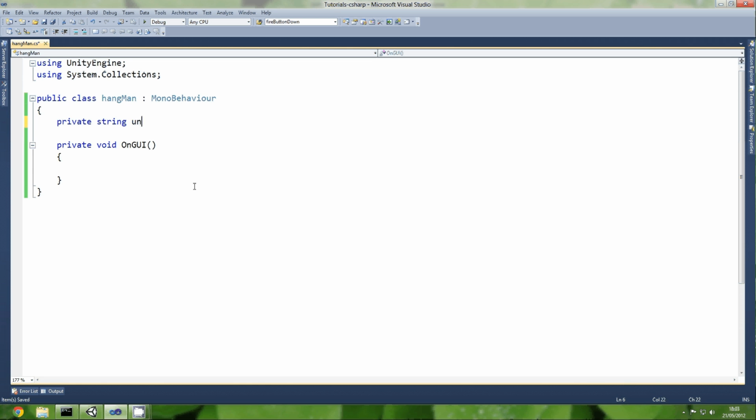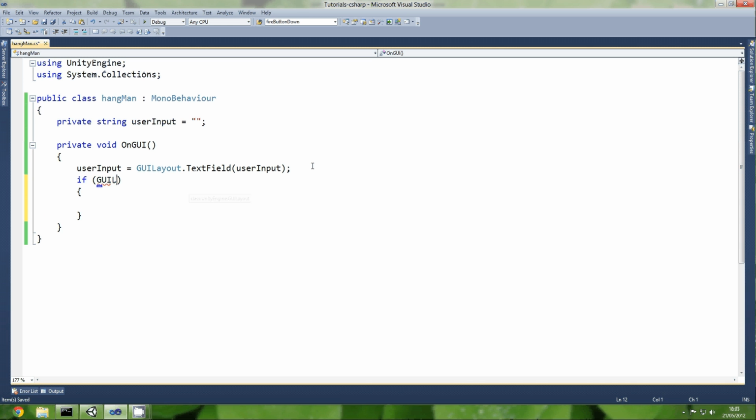We'll just call it userInput equals nothing, and it's a string. Now we're going to do GUILayout.TextField and userInput, and we can make this equal to userInput, and now we can do if